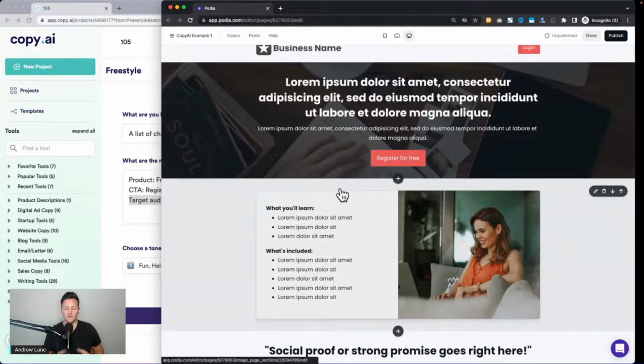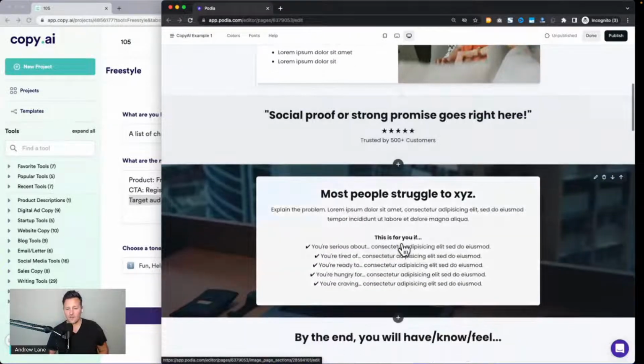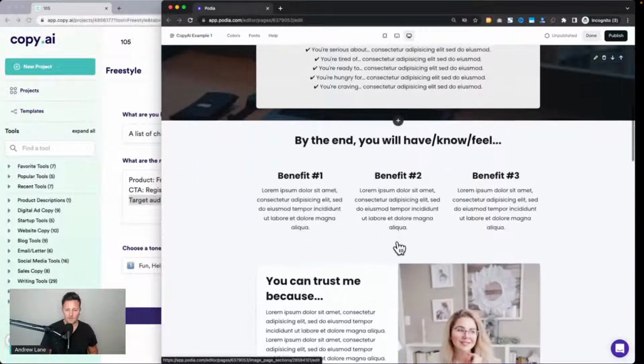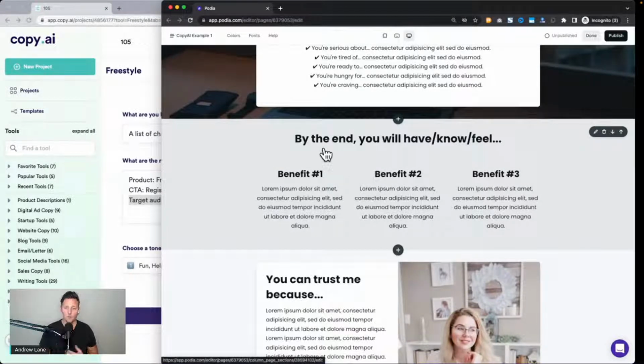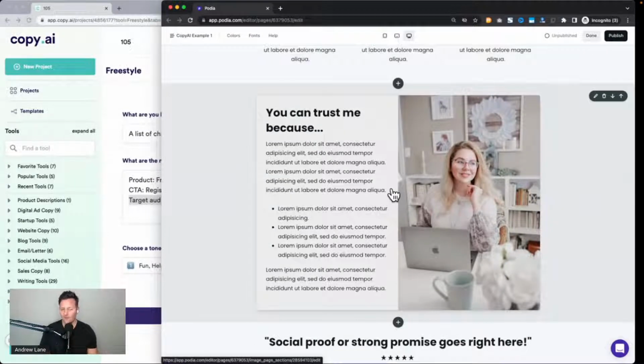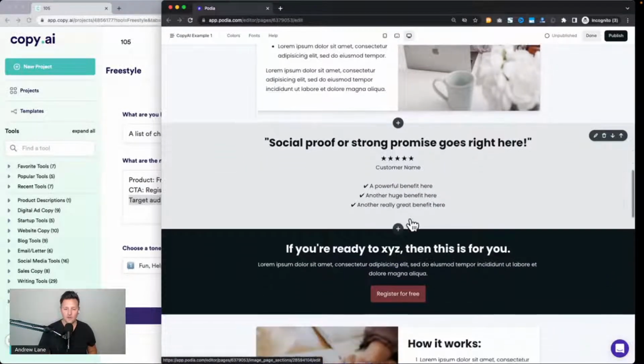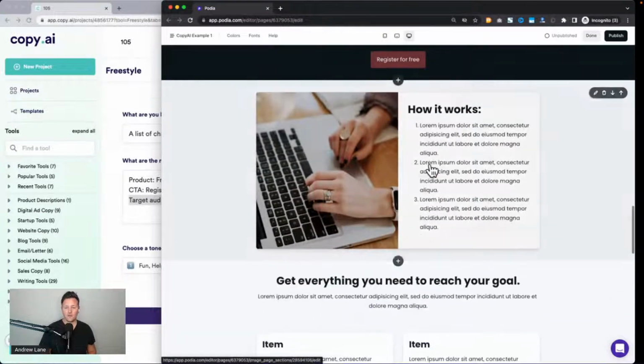So in that case, if it's a free challenge, you're going to want to have what you're going to learn, what's included. Some social proof here would be great. And then identify the problem and describe in detail what the challenge is, or maybe who this is for. Next up, the benefits. By the end, you will have, know, or feel. And then why can they trust you? Who are you? What the heck is the story behind this? Another potential social proof section, call to action,